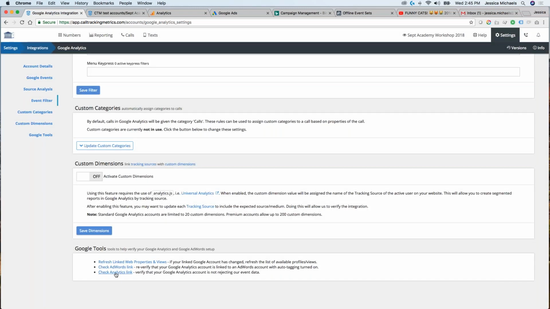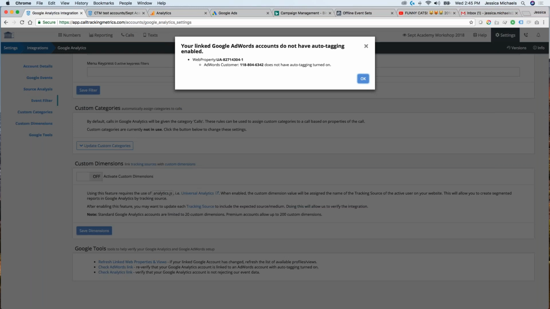Right here we have a check AdWords link. What that's going to do is check to see if the analytics property that we just linked CallTrackingMetrics to is linked to AdWords, and if it's linked to AdWords, it's going to see if it has auto tagging turned on. In this case, it says that we are linked to AdWords to this account and it does not have auto tagging turned on.